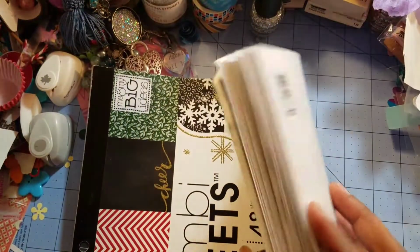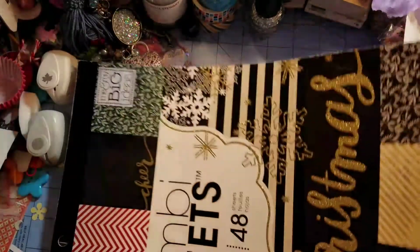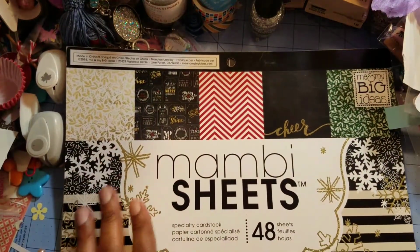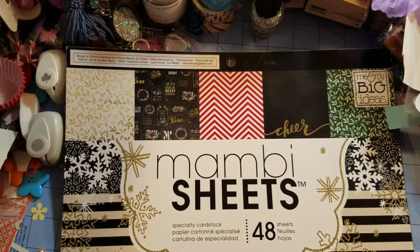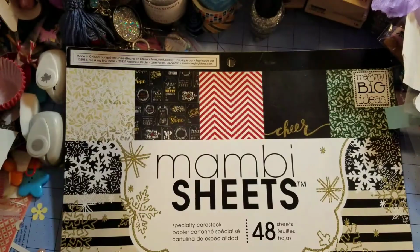And what I've done is I have a swap that I'm going to be in where I have to send cards and a few other things. So what I wanted to do is take this paper pad and put it down to a working size. So what I've done is I've taken pages and I've cut some of them out for A2